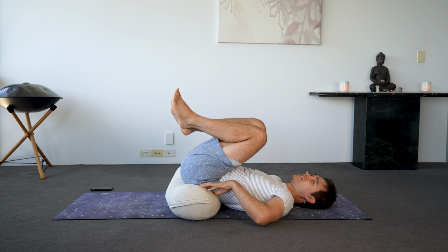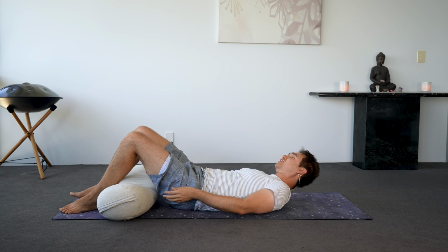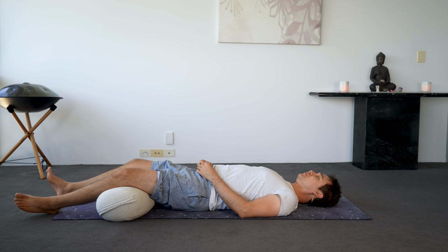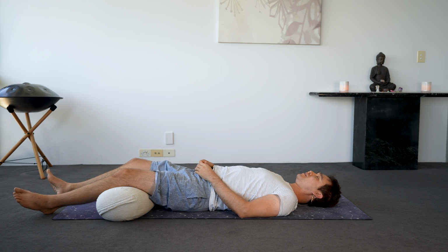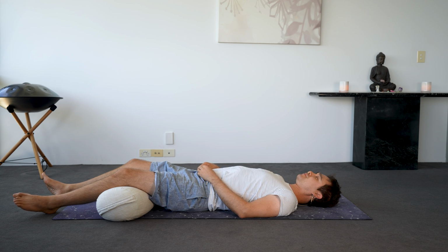Coming now into Shavasana, the option to place the bolster under your knees if you wish. And as we take rest in our final pose, I invite you to bring into your awareness something you may be grateful for. Perhaps it's